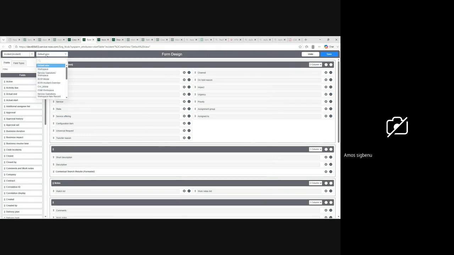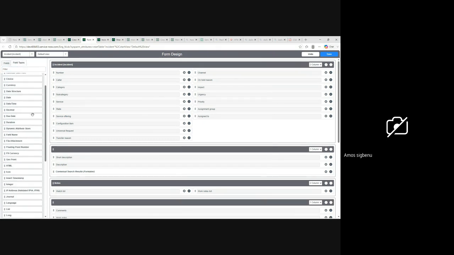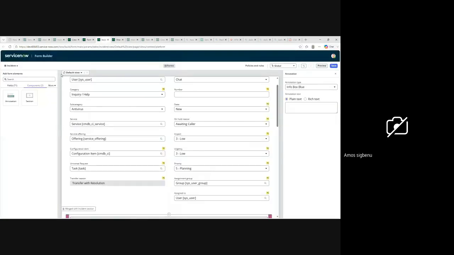So that's just the default view being created by ServiceNow. If you see, there are different kinds of fields. So here we can just say types of fields. These are the different kinds of fields we have, similar to what you have in your form. You can check. If you go back to this field,